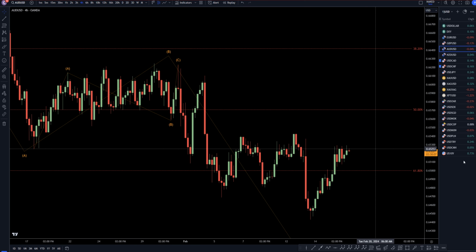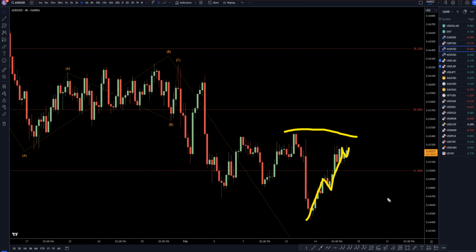Going down to the 4 hour time frame, this move up is very strong. I will definitely give you that. But it definitely has not broken structure to the upside yet. So for me, because I trade the 1 to 4 hour time frame, I definitely am still patiently waiting for another shorting opportunity, or I am patiently waiting for a break of structure to the upside, which, like I